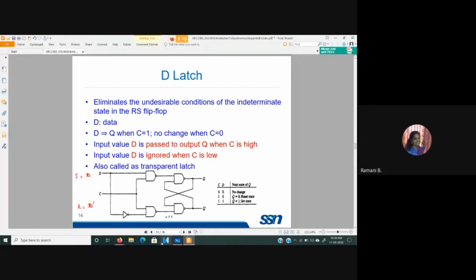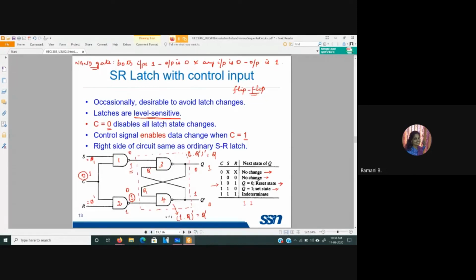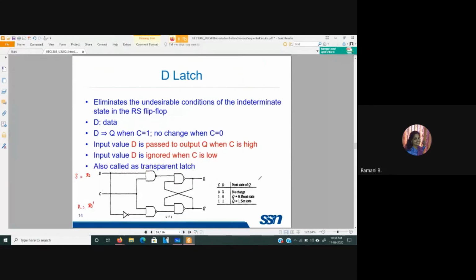So from this table itself, we can take the conditions only for these two values. From these two values, we are going to denote that input as D. So here for C equal to 1 and D equal to 0, the output Q is 0. And when C is equal to 1 and D is equal to 1, the output Q is 1. The Q bar is going to be the invert of this. So that is what is mentioned here.